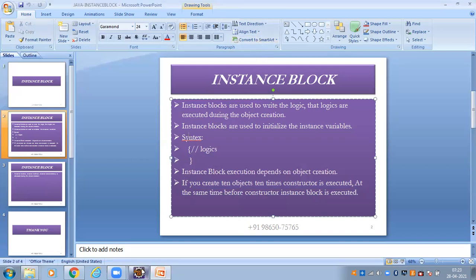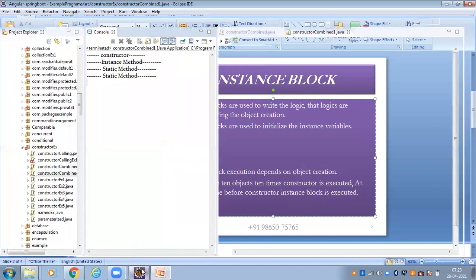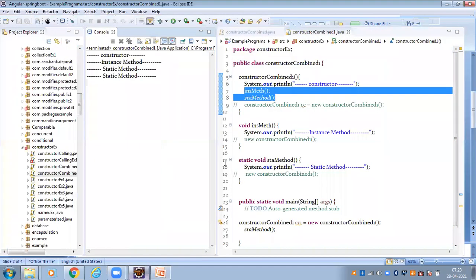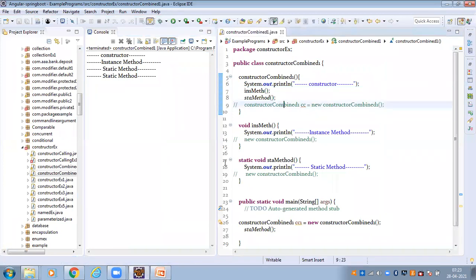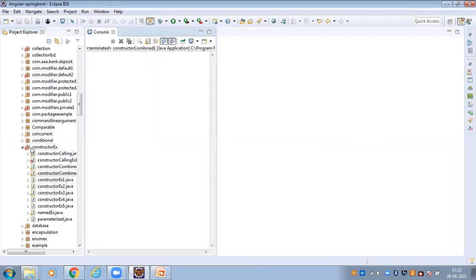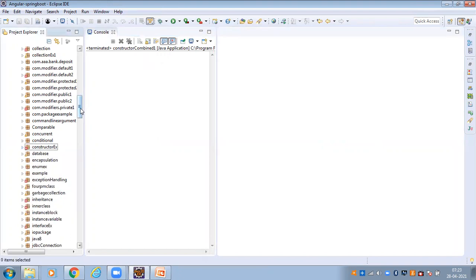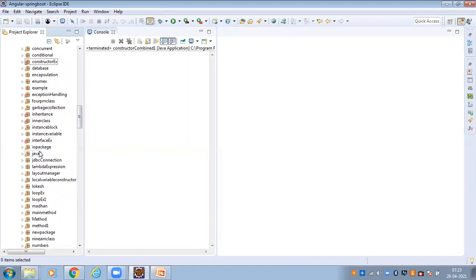If I'm not wrong, we covered this instance block and constructor in yesterday's class. Yes. The instance block is completed. Then which topics do we need to complete?